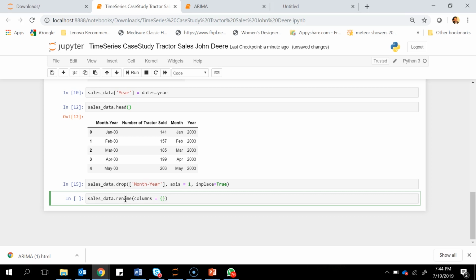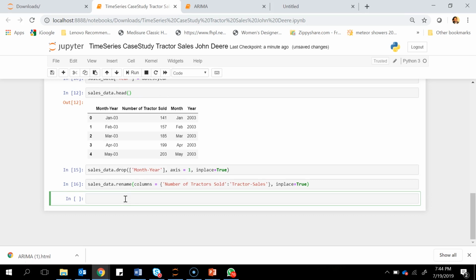So first will be Number of Tractors Sold, and your next column will be Tractor Sales, right? And we'll do inplace equals True because we want to make the change in the existing data set only. So we've got sales_data.rename. That's perfect. We have renamed our data.